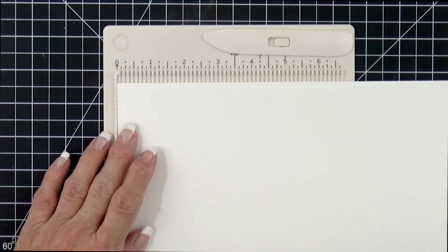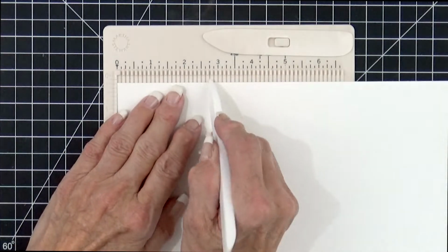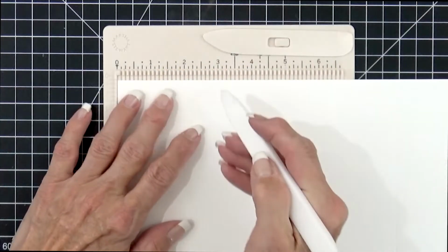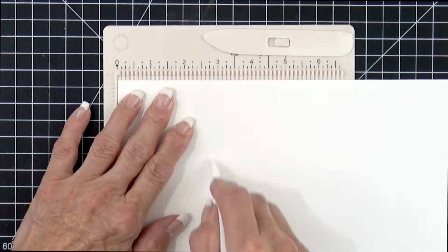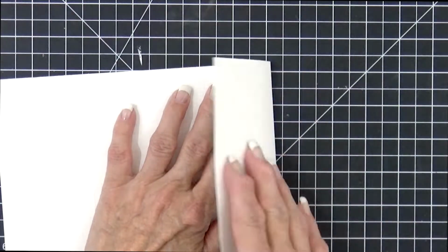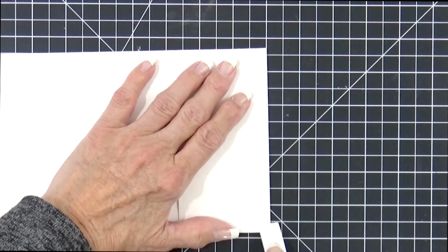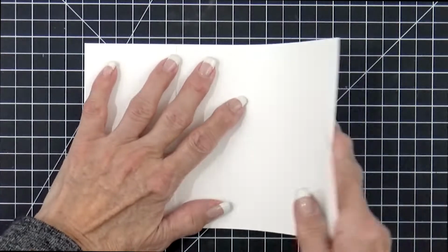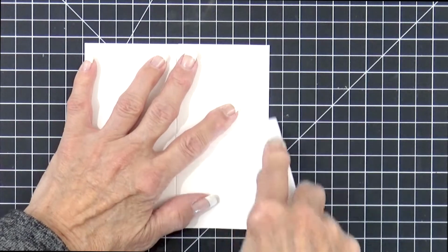My Gatefold card begins with a piece of cardstock cut at 5.5 inches by 11 inches. To create the gatefold, I'm scoring both ends of my cardstock at 2 3/4 inches. And then you'll just want to fold them in towards the center of your card, and using your bone folder,